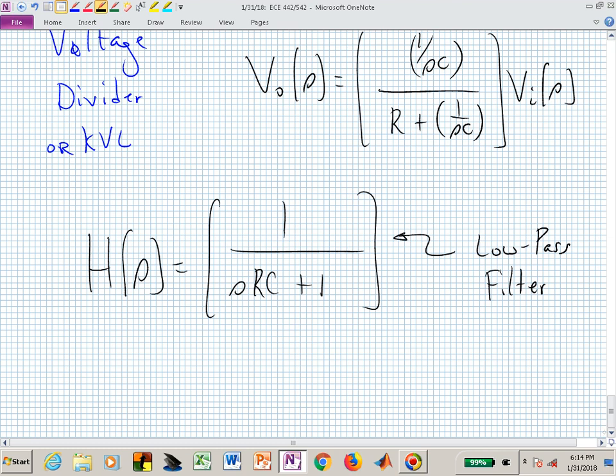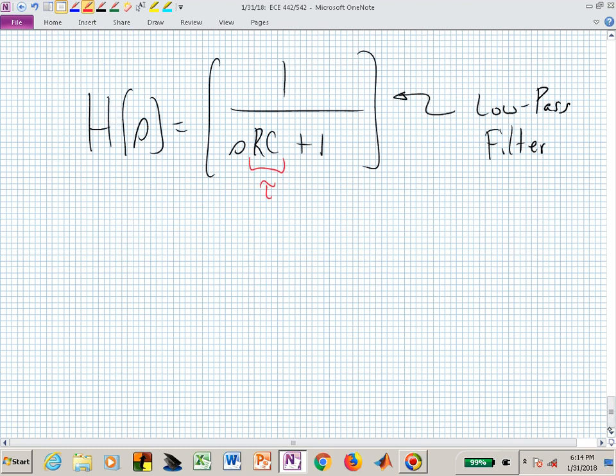That's our low-pass filter. And if you wanted to, you could bury those two parameters into one variable called the time constant, and we'll call that tau. So you might see this as 1 over S tau plus 1, or 1 over tau S plus 1. That's a continuous time transfer function in the S domain, and it's parameterized by one pole. Let's now